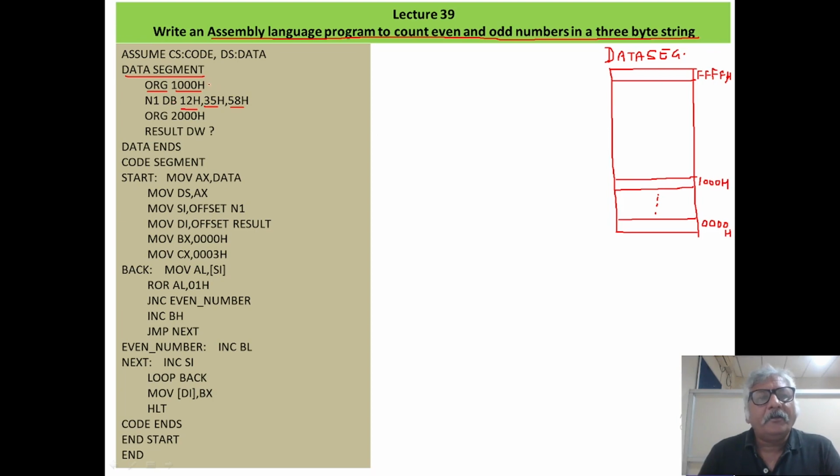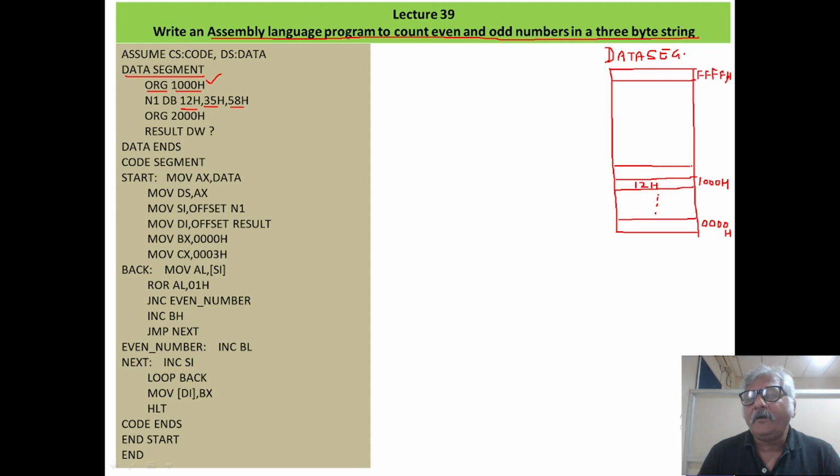So in the program with this directive org 1000H, what will happen? The 1000H location will be reserved for our data 12H. So here 12H will be stored.